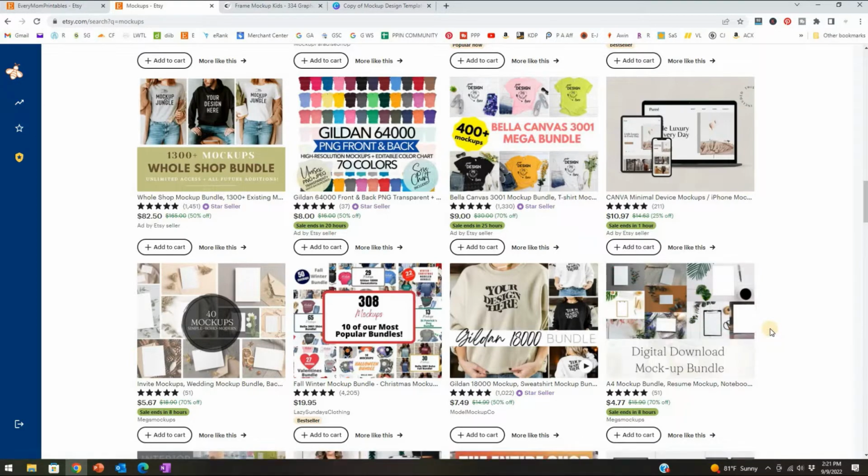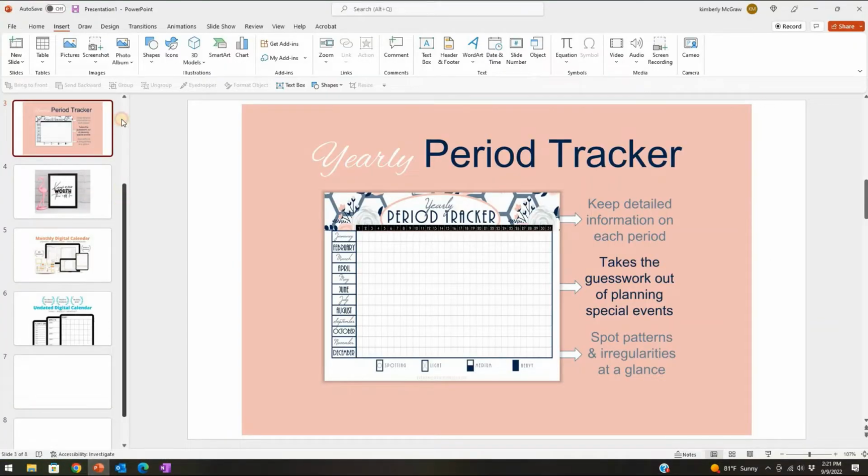So you see, they've already done all the staging. They've already done all the photography for you. All you have to do is add your artwork in. And I'm going to show you how to do that. So we go into my